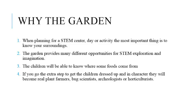So half the fun of learning is getting the children into it, seeing the look on their face when they're excited about learning. So getting them in the real life setting is what's going to encourage these children to take the lesson seriously. So an example of doing this is dressing them up in the uniform of what the job is, whether you're playing scientist, archaeologist, or farmer that day. Having them dressed up will encourage them to